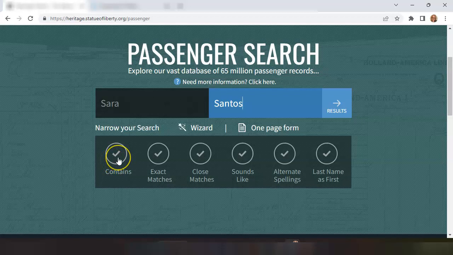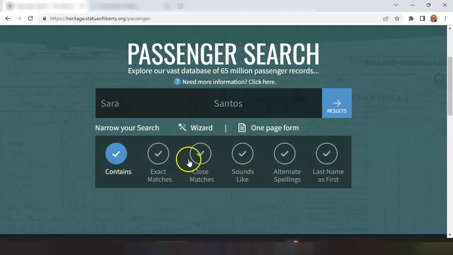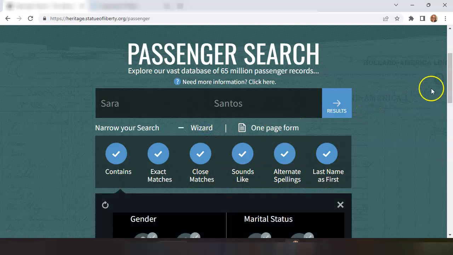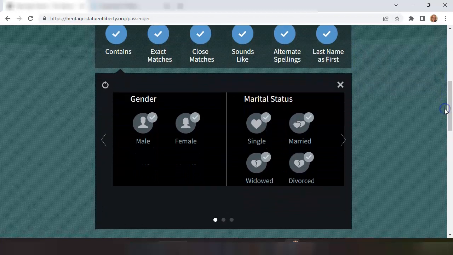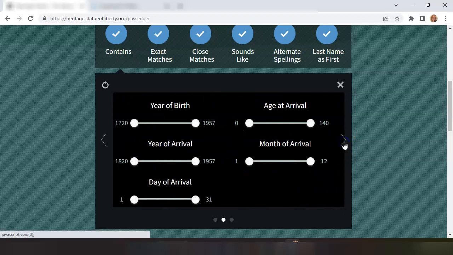You can choose these several different filter options, and I know some of them look mutually exclusive, but you can go ahead and choose them all if you want to, and I'll show you why in just a minute. This will give you the ability to filter down to different search results. And then if you open the wizard, you will also see options to add more parameters if you know more about someone or want to narrow down, use these sliders to narrow down a person's year of birth or anything else that you know about them that's shown here,